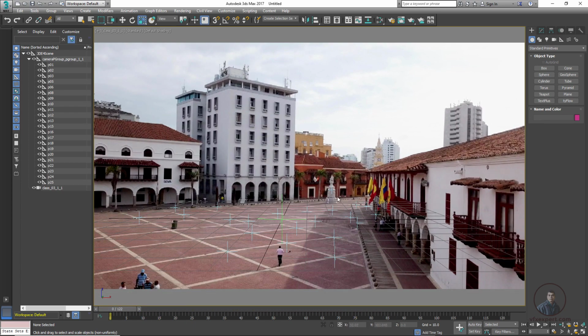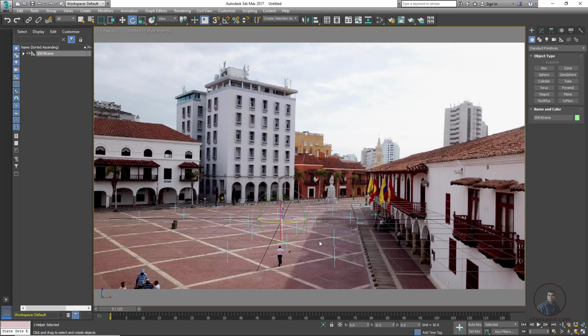Then after this, suppose you want to orient your scene. You can see this is our grid here and this is just not going straight. So we have to match this line. Again we have to select our entire scene group here. Remember this one. Then we can take our rotate tool and rotate our scene. So like this, you can orient your scene here.